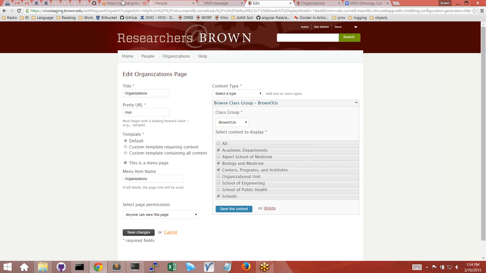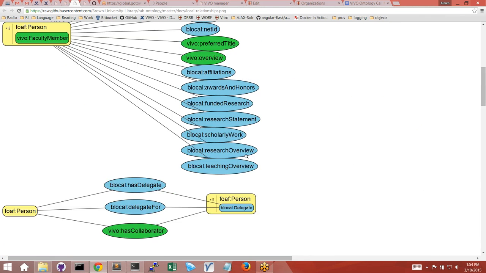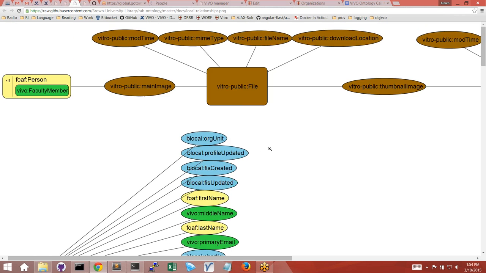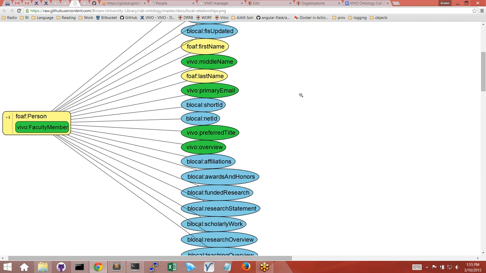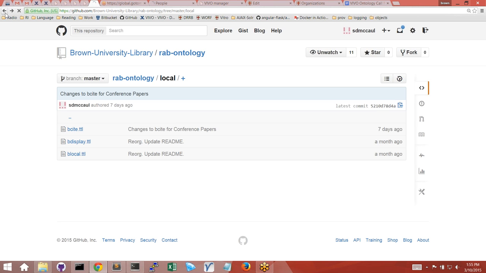So what version of VIVO are you running? I only saw you probably using the 1.5 VIVO ontology structure to model your data. We're highly customized at this point, Max. We're running Vitro 1.7, but we never really migrated our data over to 1.7. It's still based on 1.5, but essentially what we have here, in our docs,